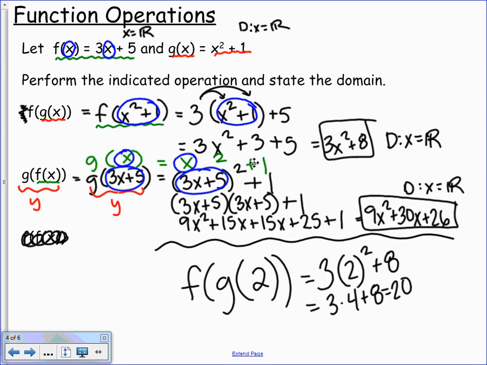Okay, questions that I can answer about the composition? The hardest part about compositions is making sure that you've set it up correctly in terms of showing the substitution, totally replacing the x. So if you need assistance when we're working on